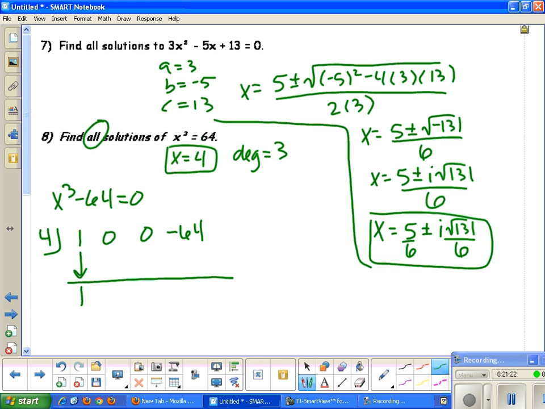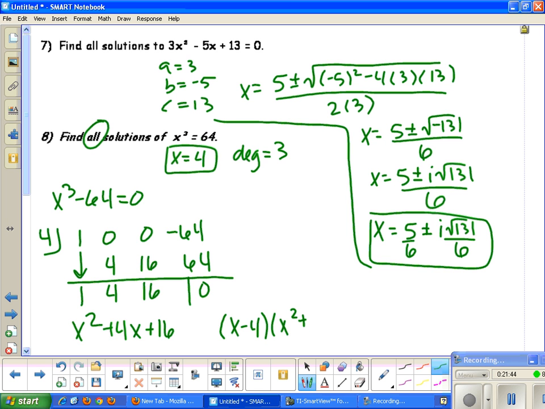So this is 1. 1 times 4 is 4. And this would be 16, and then 64, and then my remainder is 0. So this is x squared plus 4x plus 16. So I just factored my equation there. So remember, if we write this as x minus 4 times x squared plus 4x plus 16, it factors your equation. And if you remember, if you want to factor something that is cubed,